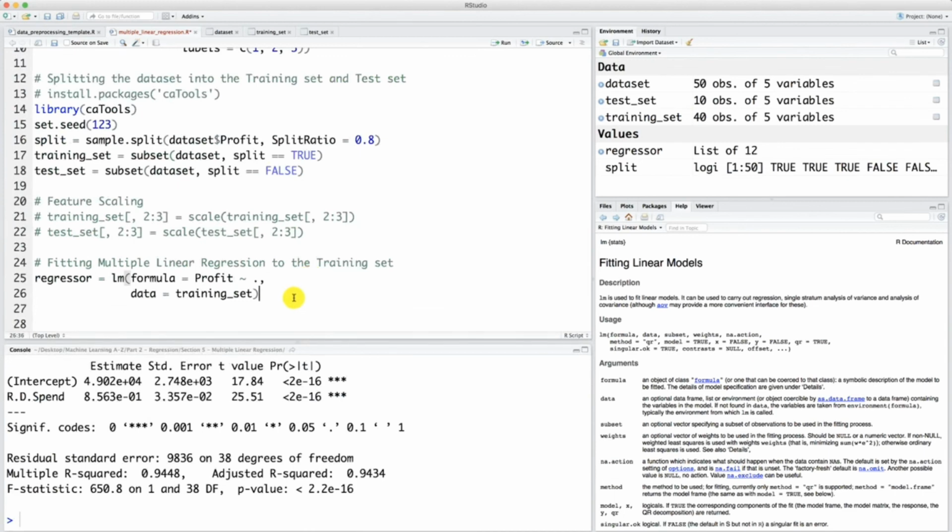Okay, so you learned a lot of stuff in this tutorial, but these are very important things to know in linear regression. So congratulations. We only have one tutorial left where we will be predicting the test set results. So I look forward to seeing you there, and until then,